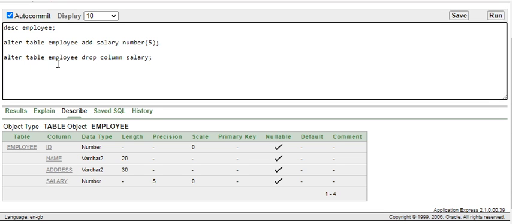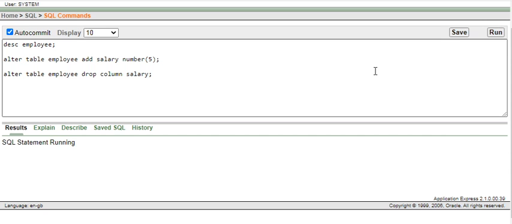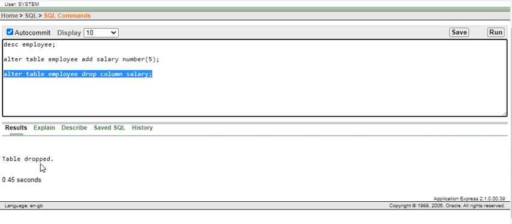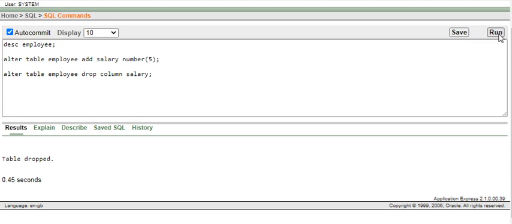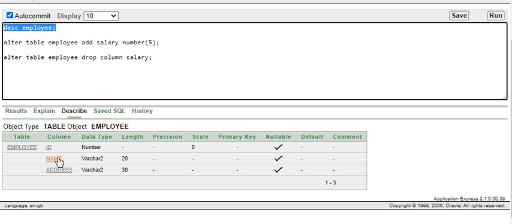Alter table employee drop column salary. Then I select it and run. Dropped. Now we will see. Yes, the salary column is dropped from the table.